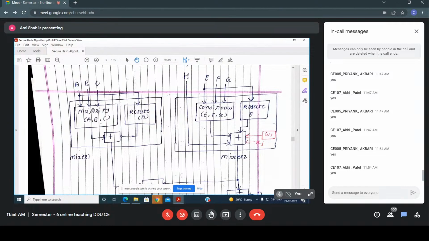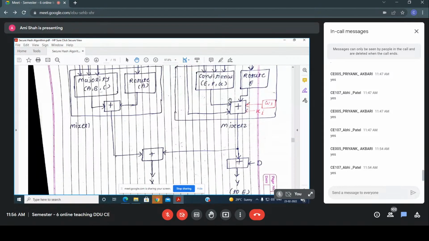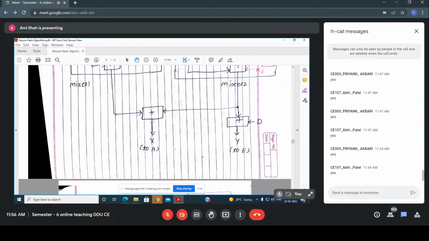First find the majority of A, B, C, find the rotate of A, and then in between, this sign is the addition modulo 2 raised to 64, which is performed. Finally the conditional operation is performed here again, the rotate operation is performed, and finally here,